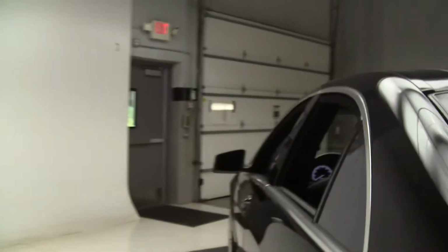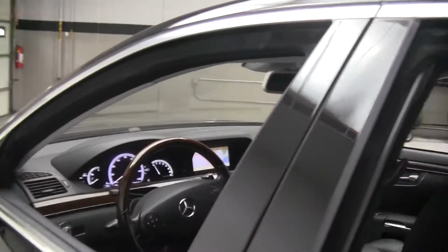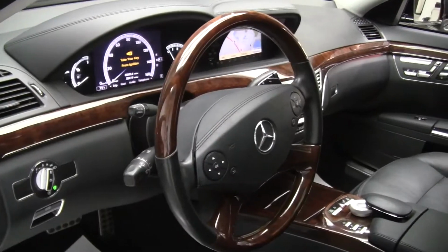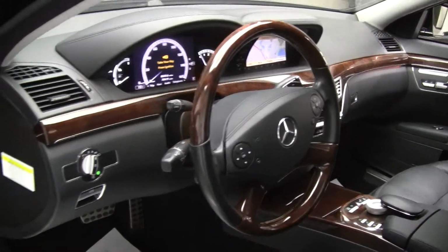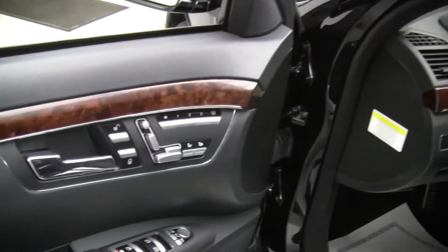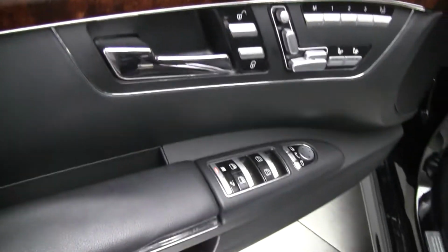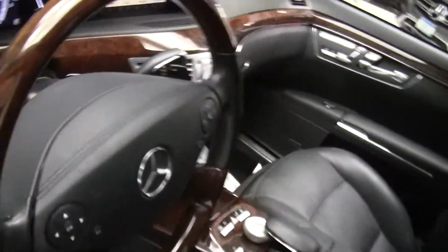Coming up front, a nice burl walnut wood trim, burl walnut wood steering wheel and leather, heated and cooled seats, power windows, heated steering wheel